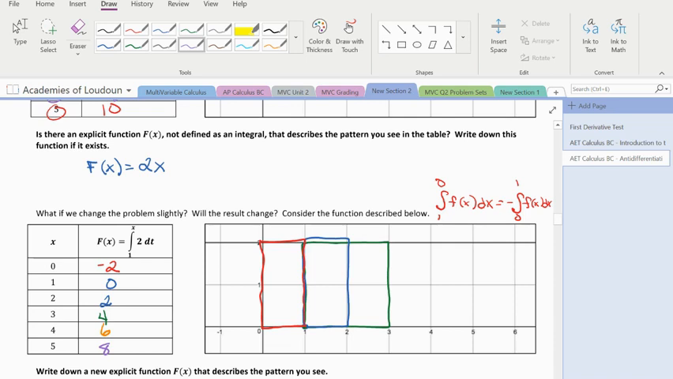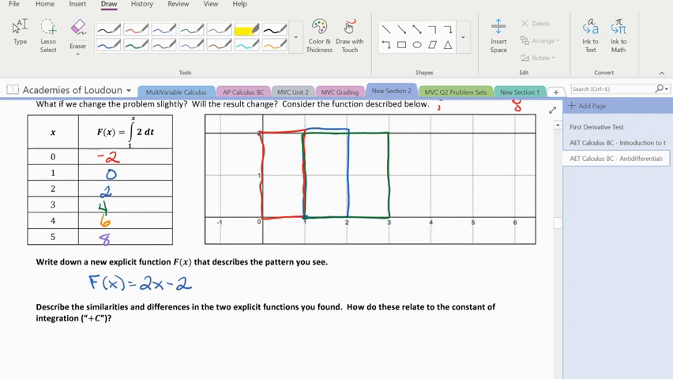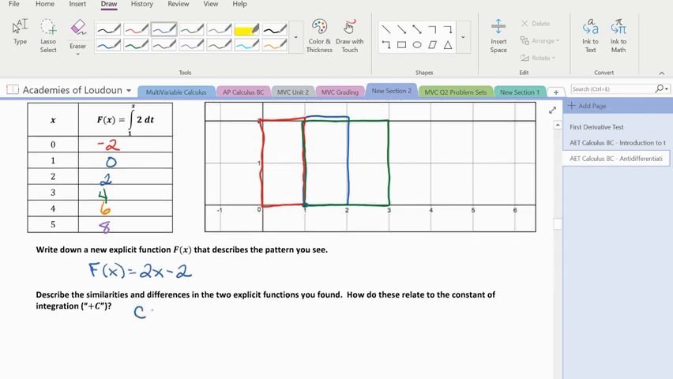Now, what is my new function? Well, if I look at that equation, I can see that capital F of x is equal to 2x minus 2. So similarities and differences. I have a c, which I'm going to describe as my vertical shift of my original function. I also can see that my c is going to be determined